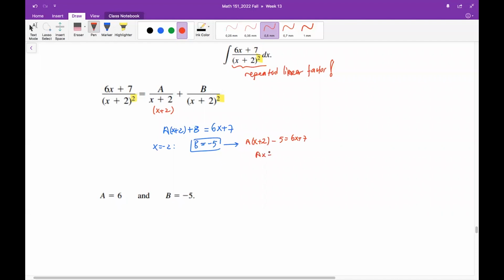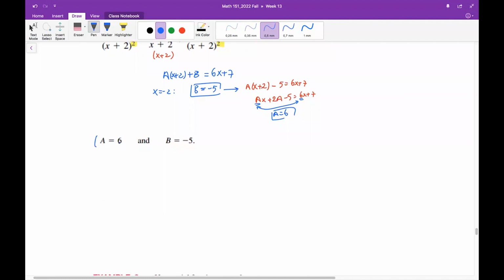Ax plus 2a minus 5 is this. Now you can compare the coefficients. So you see coefficient of x is 6, and you have a here, which shows that a should be 6, okay? Then, with these coefficients, now a is 6, b is minus 5, you can easily integrate the